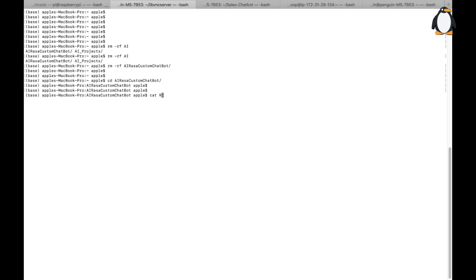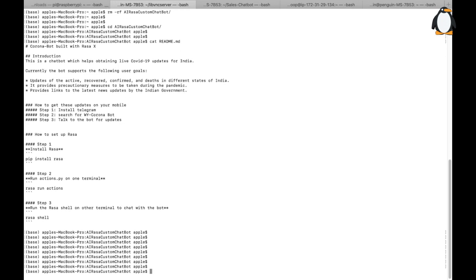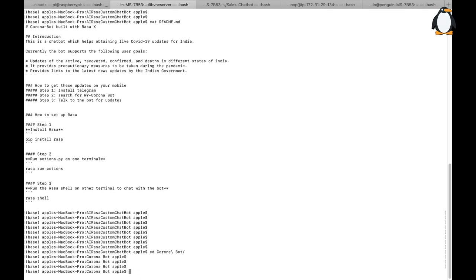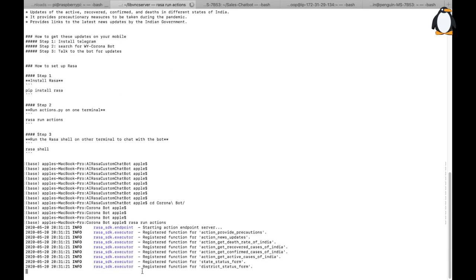So same readme directory. In this terminal we'll run RASA run actions. We'll just change the directory. RASA run actions. So it will register the action. And actions, we'll just do a simple walkthrough. Actions are registered in the Python actions.py